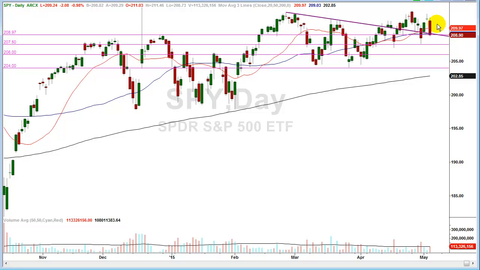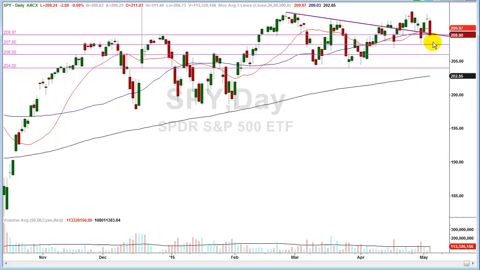So that's pretty simple. In the morning, if you're below this line, it's most likely a bearish tone. If you're above this line, it's a bullish tone. And you can put that line, and we can really use the 209 area as that line in the sand. Your next level of support is really even above the 207.50.